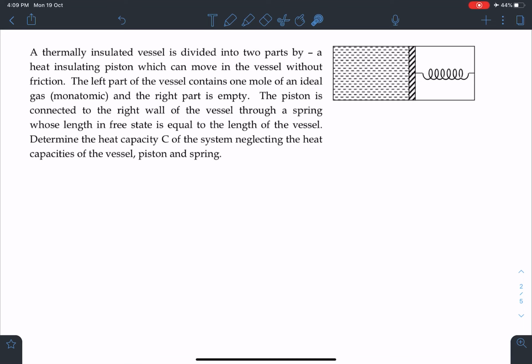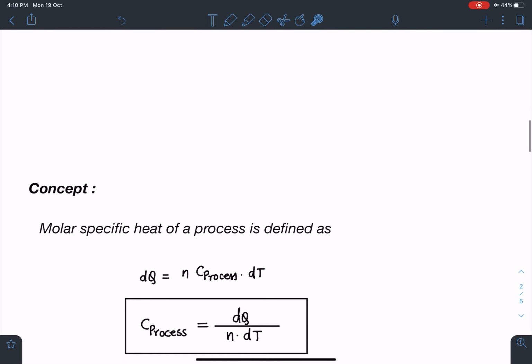So what we have to do is, whenever we are finding heat capacity or molar specific heat of any system, we will provide a small amount of heat to it, and then we will observe the behavior of this system. Alright, so we will supply heat from our side by some external means, either in the form of a resistance, or maybe by connecting the two wires of a capacitor. By some mechanism, basically, that heat is given. Let's discuss the concept part of it.